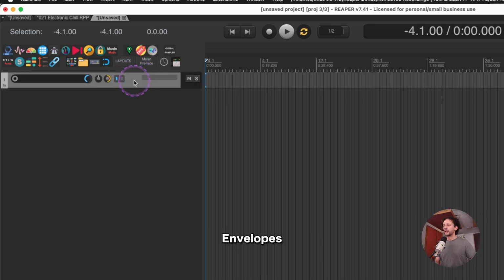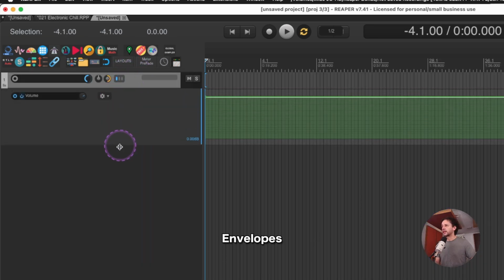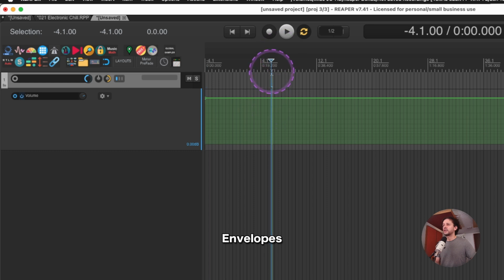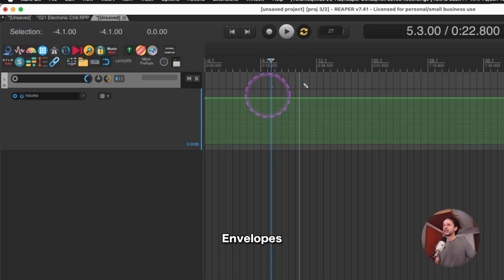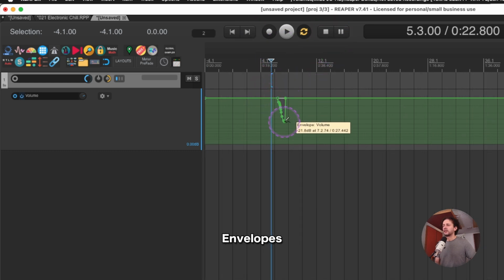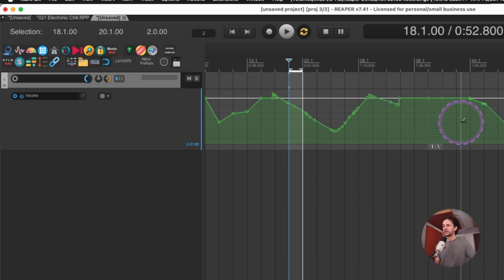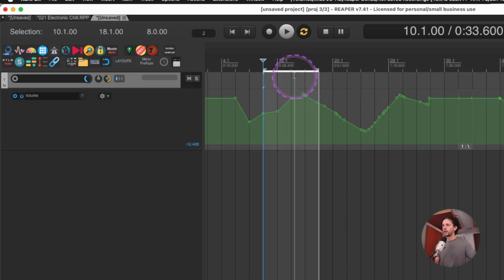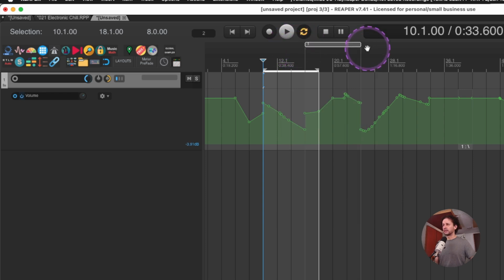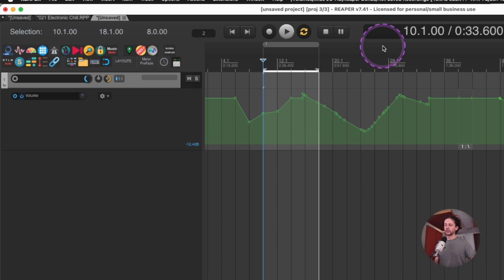So moving on to envelopes, remember that if you hit V on your keyboard, you can display the volume envelope. And this used to behave super strange, and it wasn't on spot. So let's suppose you have this different weird line just building across your session, right? And the envelopes were behaving kind of strange, and this goes along with the ripple editing video that I just uploaded. But this was behaving super strange when you were moving stuff around with the regions, and the envelopes weren't behaving